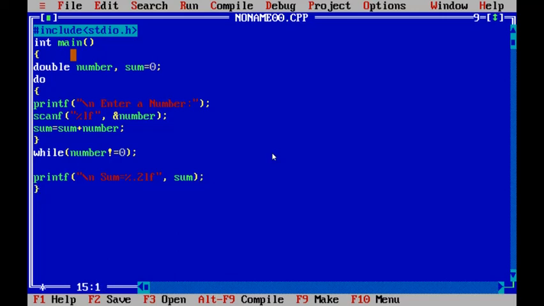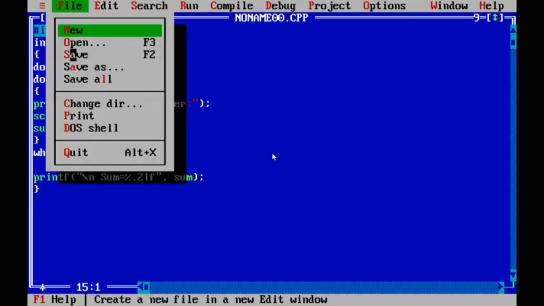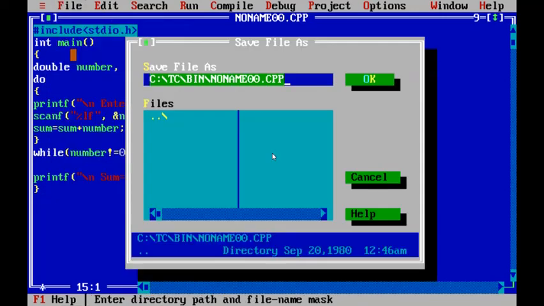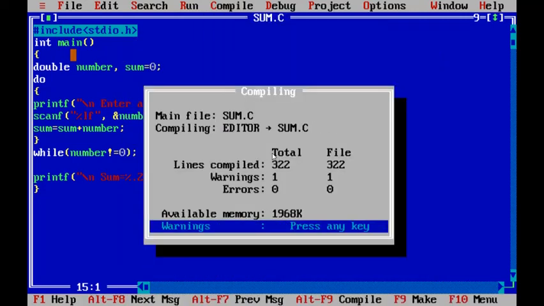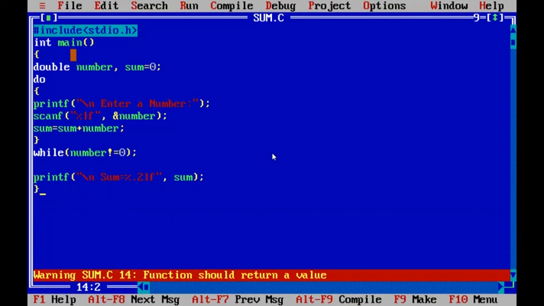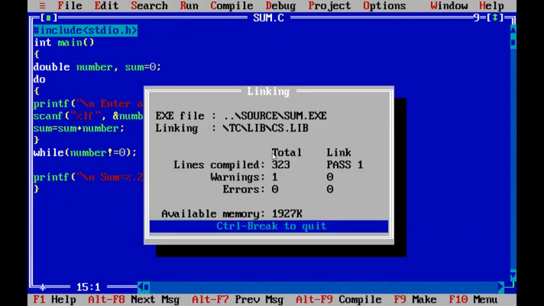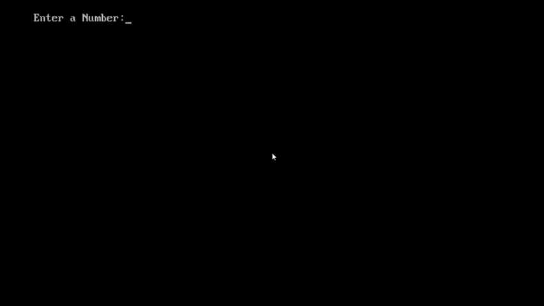Now we will save the program. Save as sum.c. Okay, compile the program. Compiled. Enter a number.